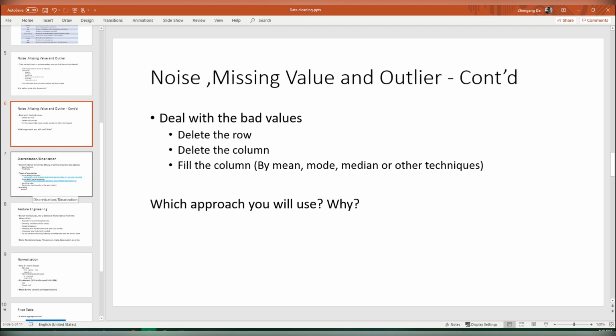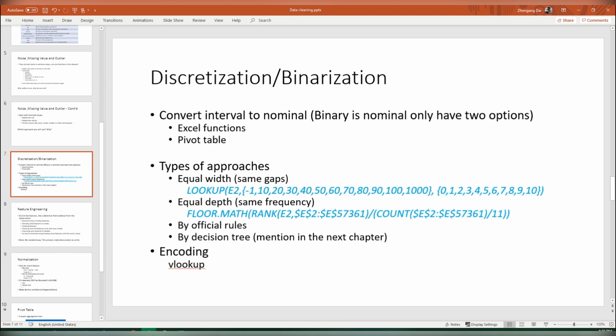Okay, let's come to the next topic. Once we clean the data, just remove the missing values, outliers, and noise, we get analyzable data here. And we also have another issue, which is discretization and binarization. Why do we need that? Because of the curse of dimensionality you've learned from the theory topic today,